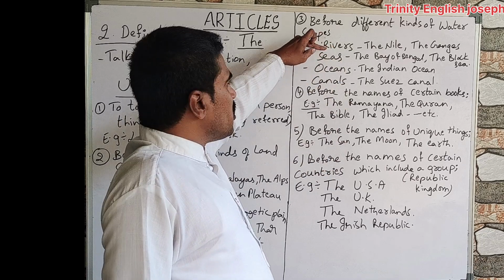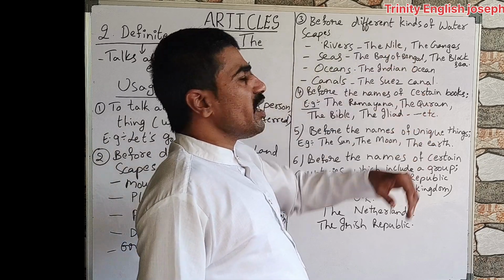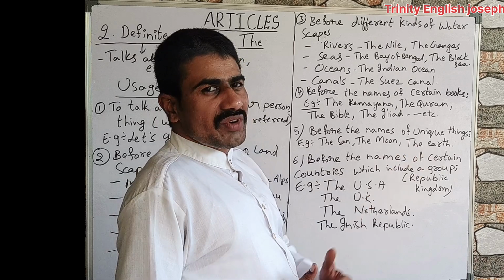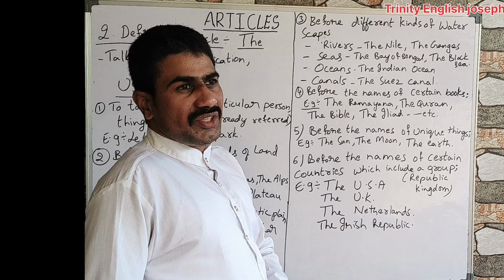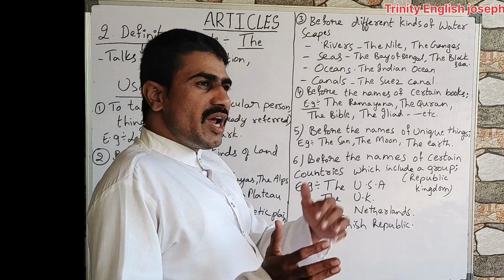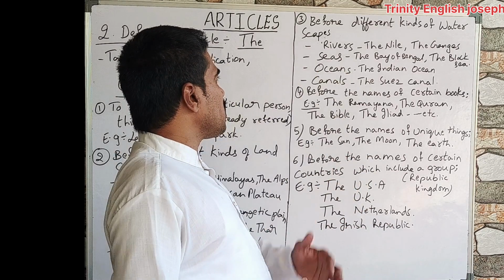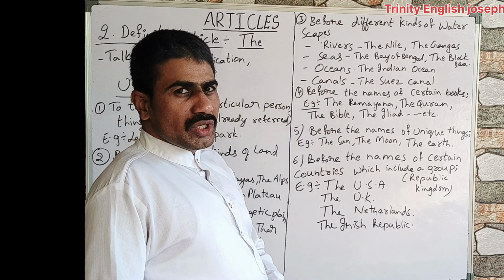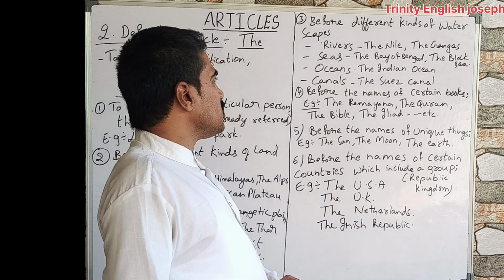If you look at the first one, it is rivers. So in the rivers you can see many rivers, the Nile, the Ganges, the river Godavari, the Krishna, so many other rivers you can take as examples. And then the next one we look at the seas. The Bay of Bengal, the Black Sea and many other seas, the Arabian Sea. So there are many other examples that we can take here. And then the next one is oceans. We can talk about the Indian Ocean, the Pacific Ocean, the Atlantic Ocean, and many other oceans.